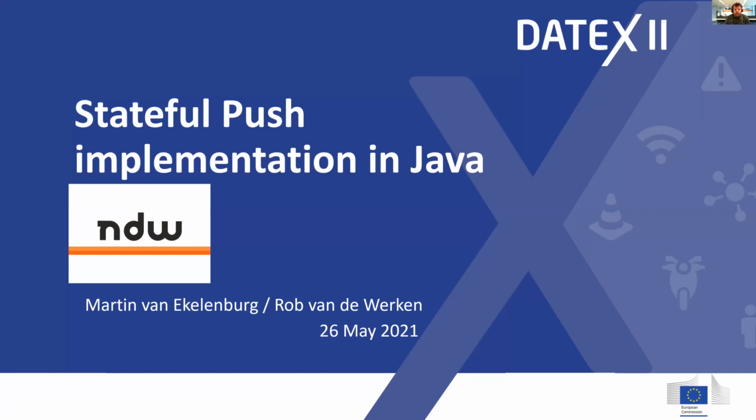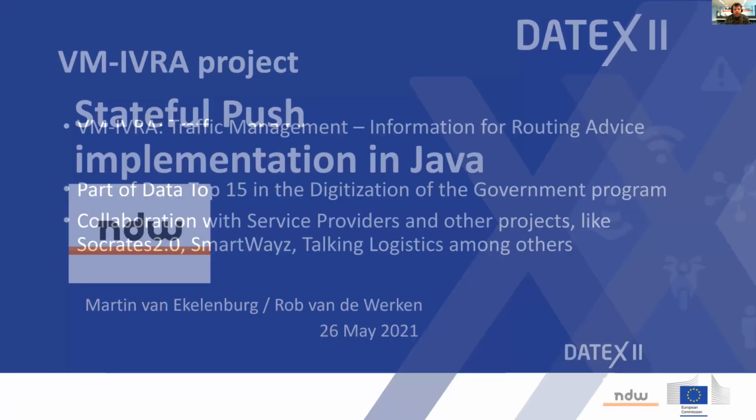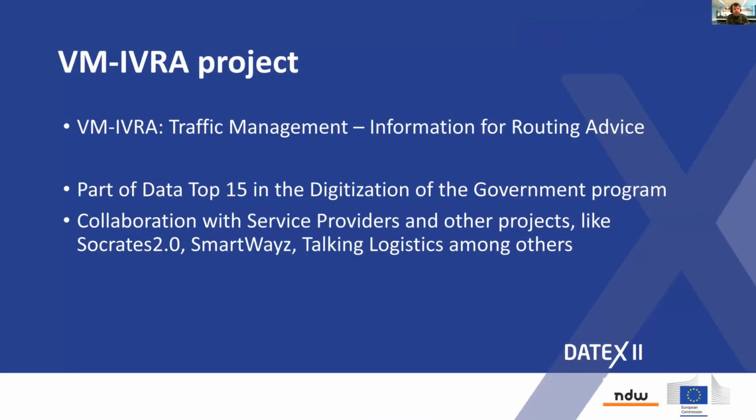The project is called the VM IVRA project, which is part of the traffic management information for routing advice. It's an abbreviation. It's part of the DATEX Top 15 in the Netherlands for the digitization of the government. It's a program run by the government to digitize more in the public domain. Of course, we collaborate with service providers and other projects. We've looked at Socrates for some things. We're working together with SmartRate, which is a long-running project in the south of the Netherlands. Talking Logistics as well, which is a